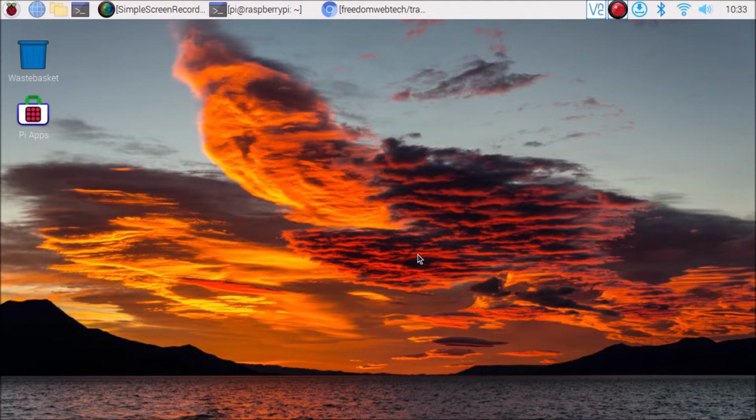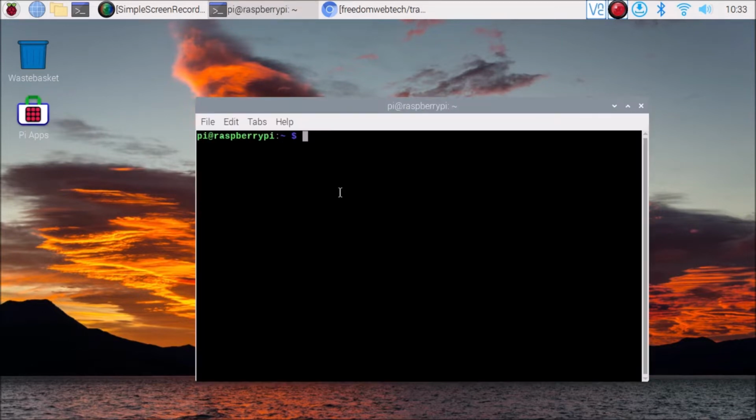So friends, as I mentioned, we are going to control the servo motor with the help of the CSRT tracker in OpenCV on Raspberry OS Bullseye 64-bit version. First you need to install OpenCV on Raspberry OS Bullseye 64-bit version. I have already created a video on how to install OpenCV on Raspberry OS Bullseye. I will mention the video link, watch the video and just install OpenCV. Then after installing OpenCV, we need one more package, which is OpenCV-contrib Python.